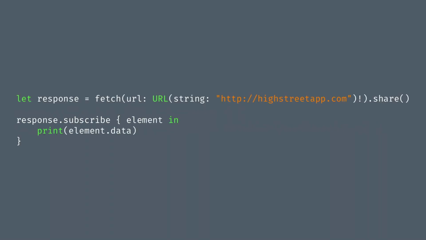That works pretty well in a synchronous case, but if it's an asynchronous case, for example a network request, it can take 2 seconds, or maybe 40, before the response comes back. And between the time that you start the request and 40 seconds later, you might want to stop observing that network request. You might want to cancel it. Maybe if the user taps the back button, you really don't want to hear about that network request ever again. But right now, as it stands, it's a bit of a problem